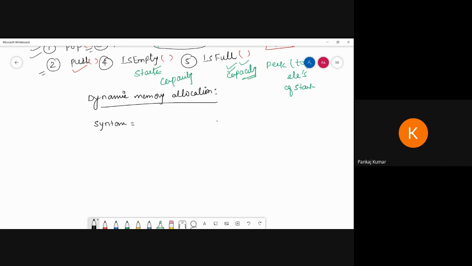Now, the syntax for dynamic memory allocation: we initialize a pointer, of any type, equal to a cast type, that means what data type we are going to use, and then we write malloc, and inside that we write the byte size.